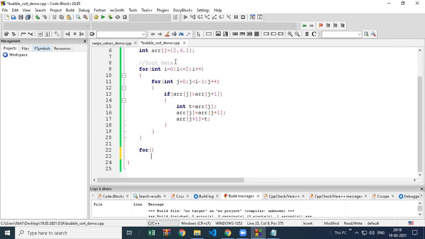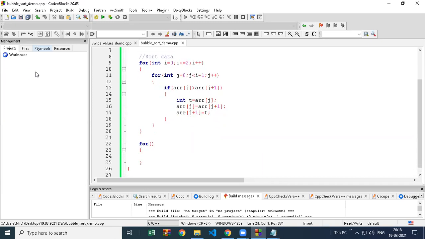For ascending, descending is the same. We just have to change one sign here. The greater you can make less and it will become descending. So first, this is the sorting logic. It's ready. We'll see this now line by line. I'm creating one loop first to display my array to see whether the sorting code is working or not.